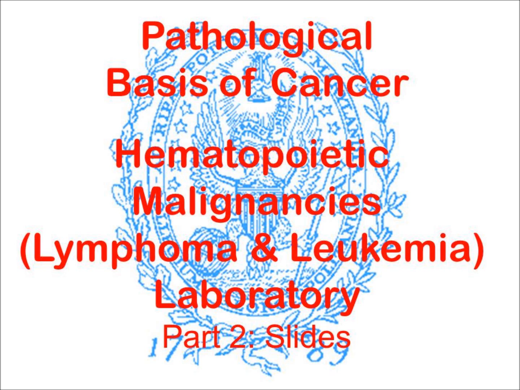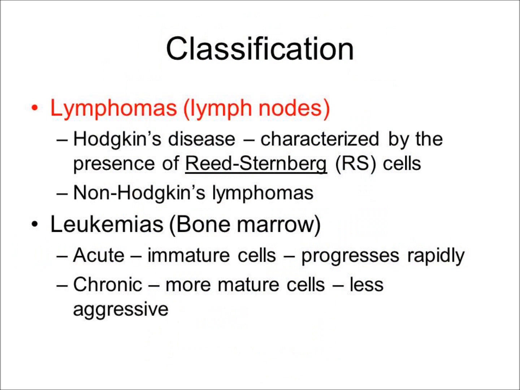The laboratory today is concerned with hematopoietic malignancies, that is, lymphomas and leukemias. And to start out, you will be examining several types of lymphomas. I would like to remind you that lymphomas arise from neoplastic lymphocytes and occur in the lymphoid organs, including the